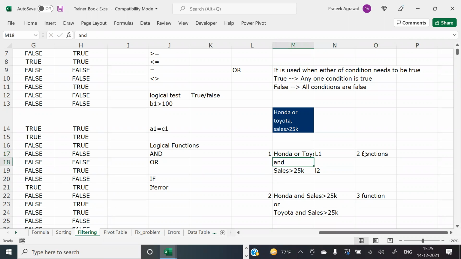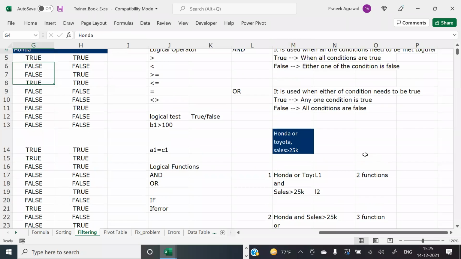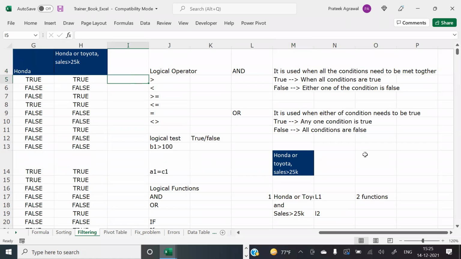Okay. Makes sense to everyone? Can we get examples? Yeah, very much clear. Like an example, like this one we had to do. So first is and. Why and? Because these two logical tests are attached with and. So I have to start with and. Now I'll move to the first logical one. What is the first logical one? Toyota or Honda. So how do I treat this? I have to use an or.